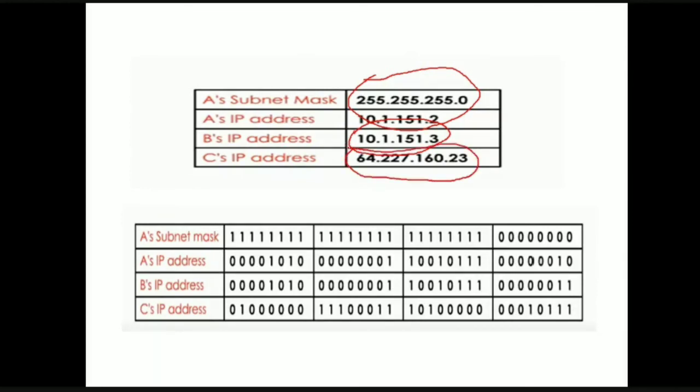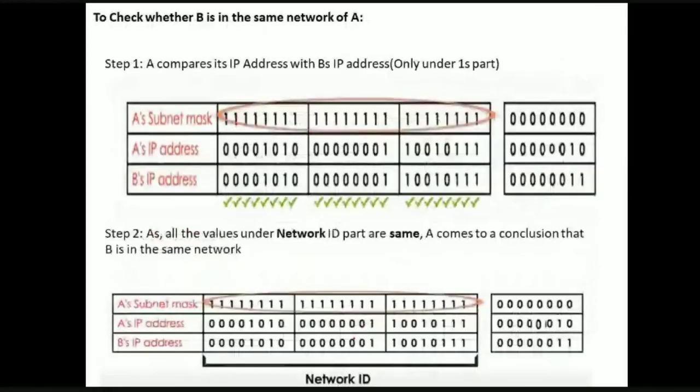If you see here, the default subnet mask means all 24 ones, and the last part is the host ID part, and this complete part is the network ID part. A's IP address, 10.1.151.2, has this binary representation, and B's IP address and C's IP address binary representations are these. Now, for computer A to check whether B is in the same network as A or not,